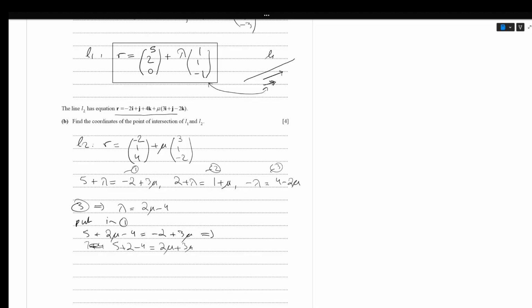So 7 minus 4 is 3, and then this is minus, so mu is equals to 3, और उसको वापस यहाँ रखा तो वहाँ से आ जाएगा